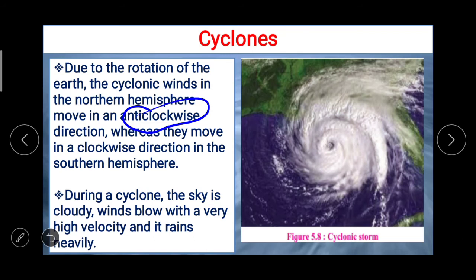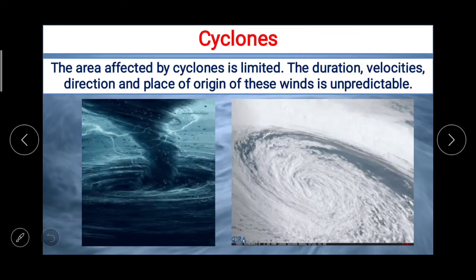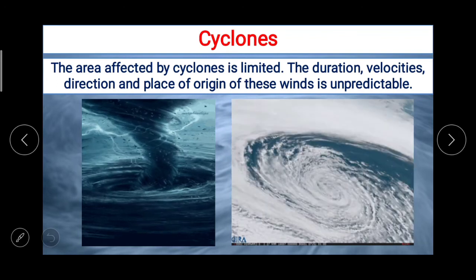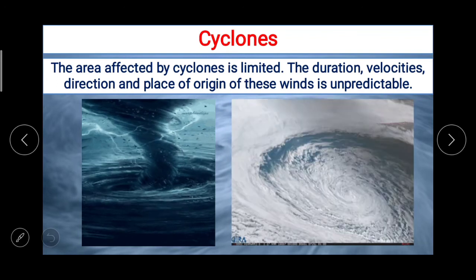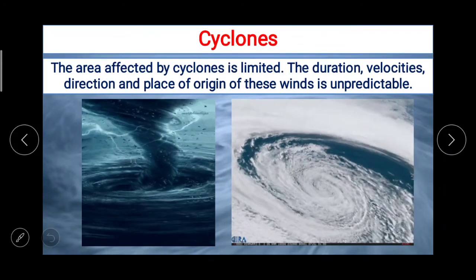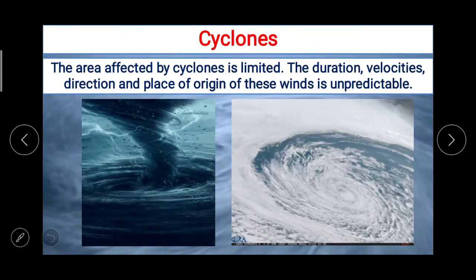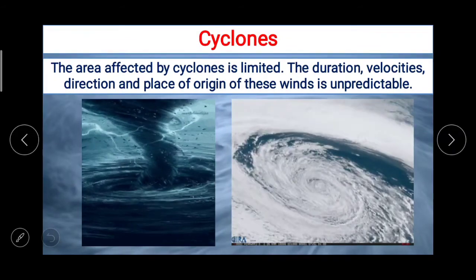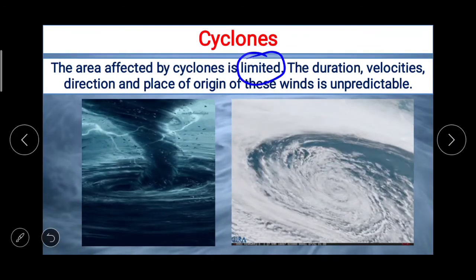During a cyclone, the sky is cloudy, winds blow with a very high velocity, and it rains heavily. Here you can see again cyclonic storm, this figure given in our textbook, figure 5.8. The area affected by cyclones is limited. Rain or strong wind could cover a larger area, but in cyclones the area affected is limited, and the duration,